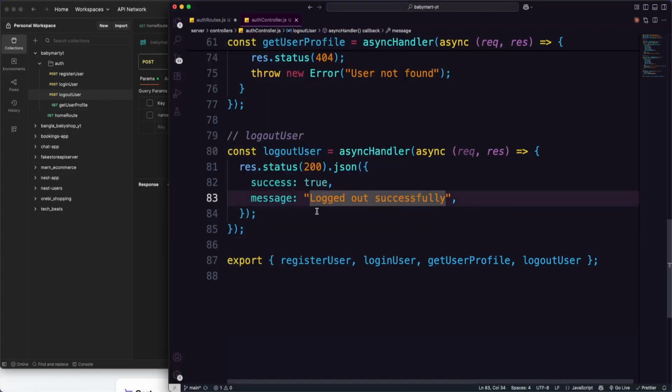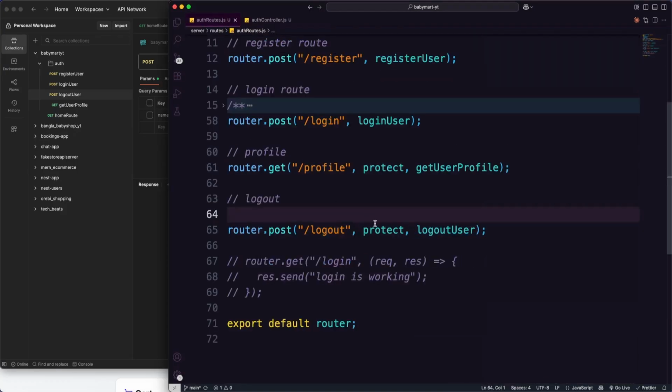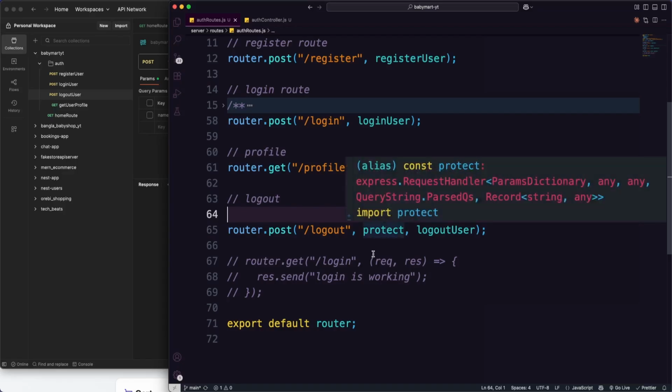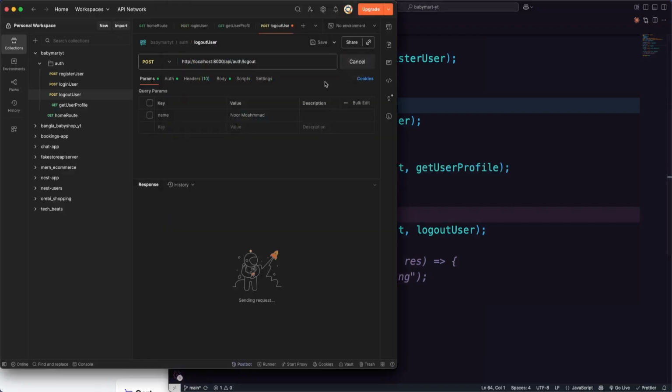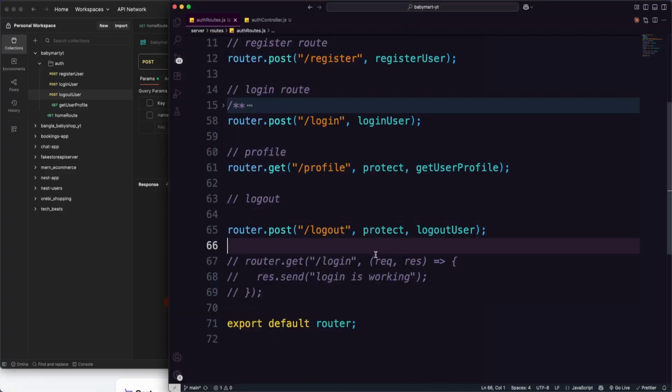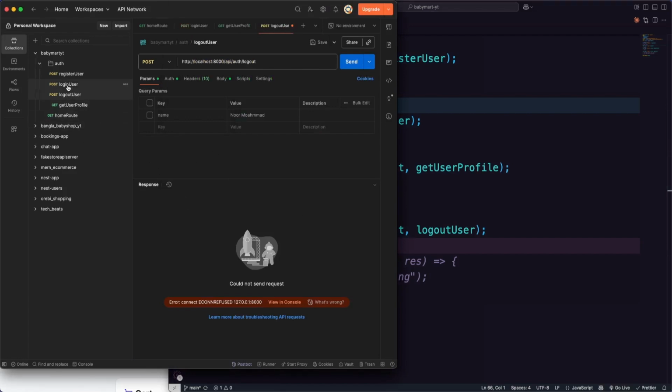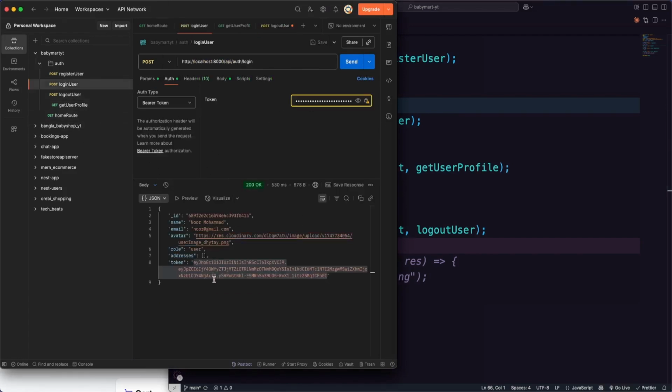And of course, as you can see, it needs to be protected. And what kind of things is it going to do? So it needs to be protected, but what we are passing now, if we just hit enter, you can see it's not getting that, because the protect mechanism is not getting what we are having in the login. You can see we have our token, so we need to provide that token here, otherwise we cannot make logout, right? So we need to just get the token, and let's go in our info,